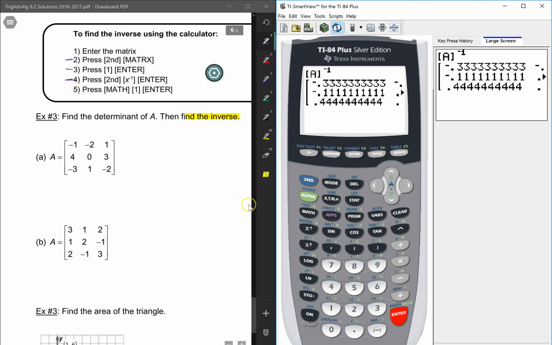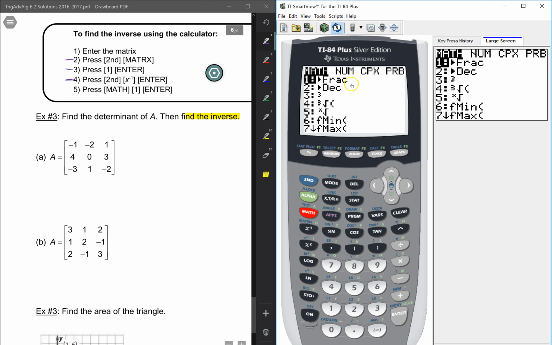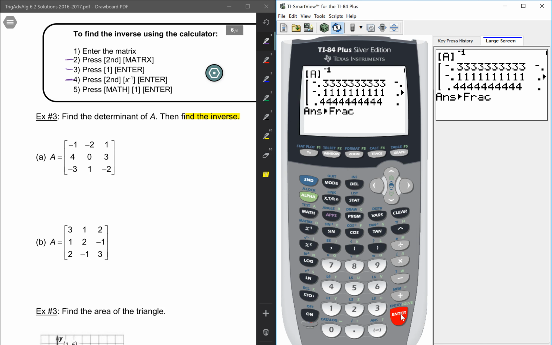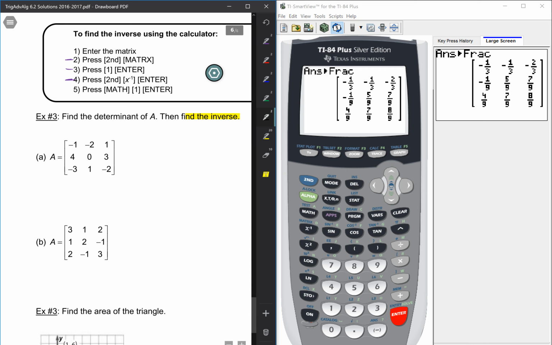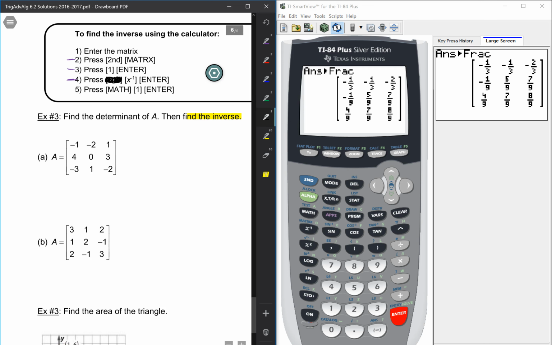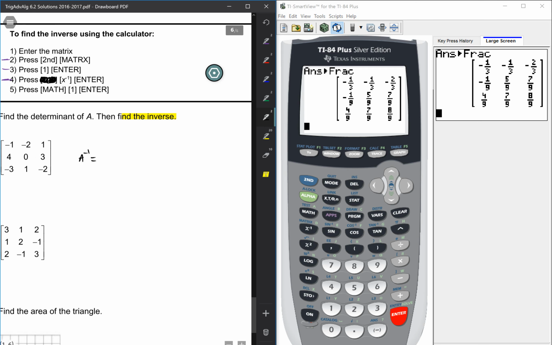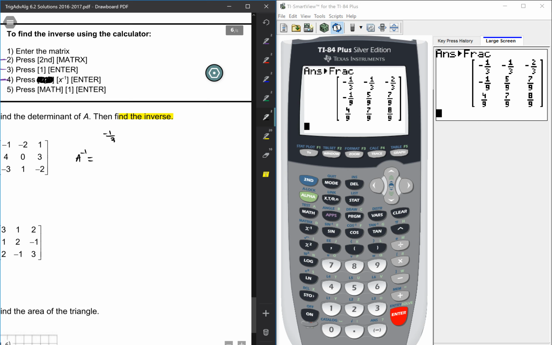You then have to go math, fraction, enter. That's what we want. So here, it's not second, it's just x inverse. So A inverse is equal to negative 1 over 3, negative 1 over 3, negative 2 over 3,